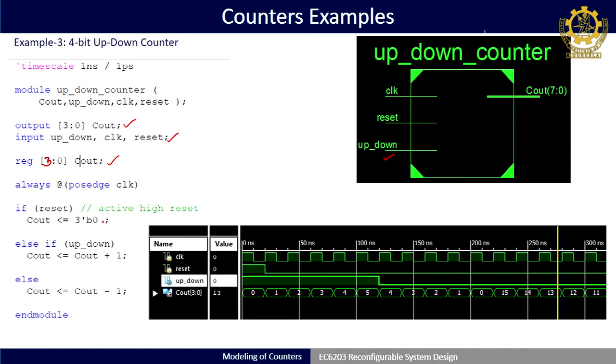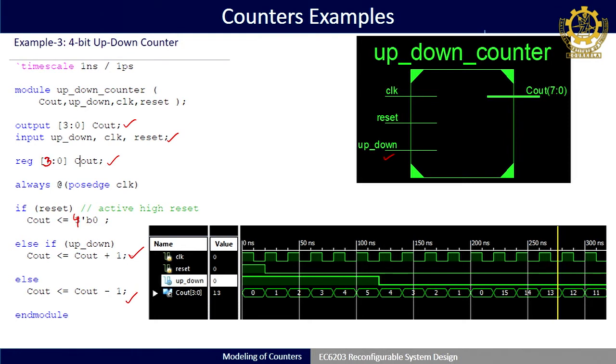Here I have written it as 3 bit, but as it is 4 bit, you can make it 4. As you are declaring 0, by default it will take 0 whatever the base is, but it should be 4. When reset is 0 and up down is 1, it will start counting up. If it is false, that is 0, it will start counting down.